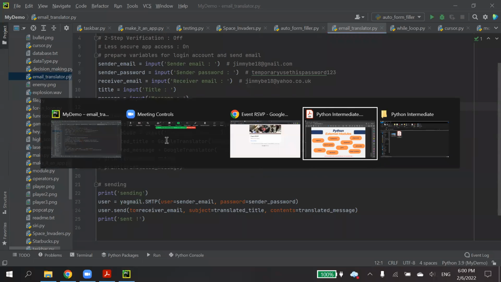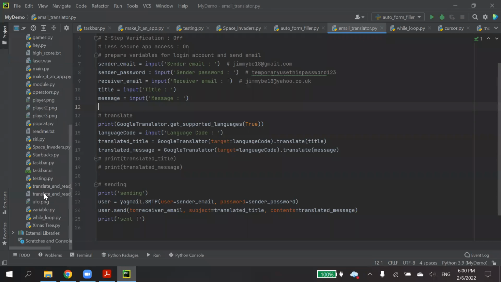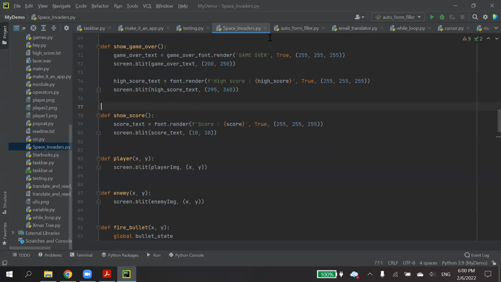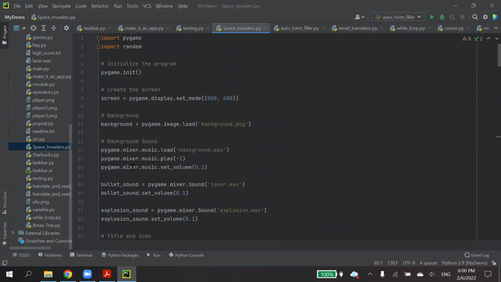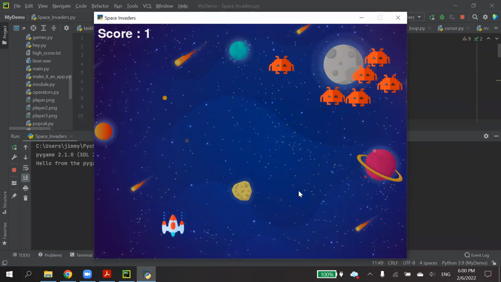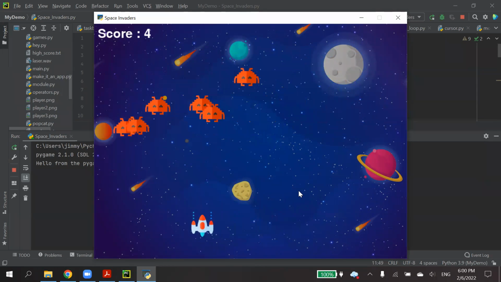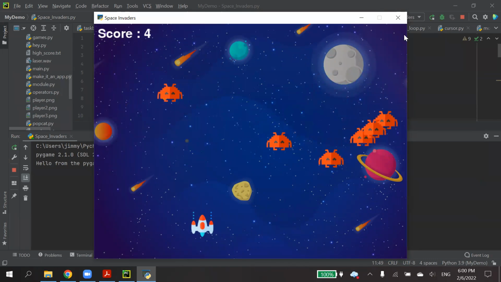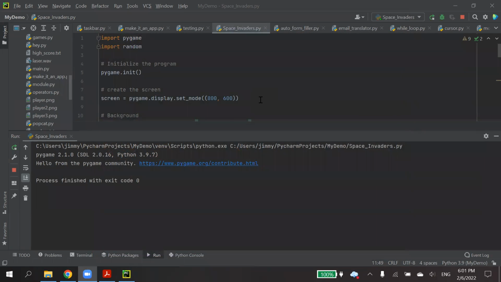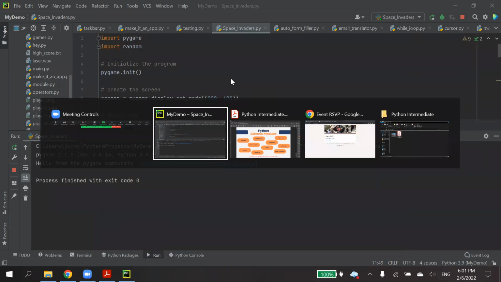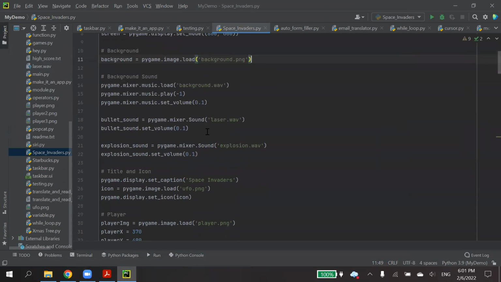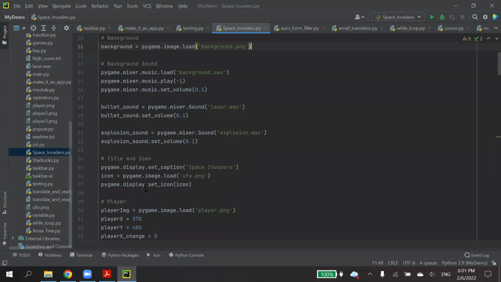Then we still have some more applications to show you how powerful it is. We still have Pygame. I think I didn't show Pygame here. If you want to make a simple game with Python, you can use Pygame. Pygame can help you make games. So let me just run it. This is a very simple game I built with Python code. And let me show you some more.